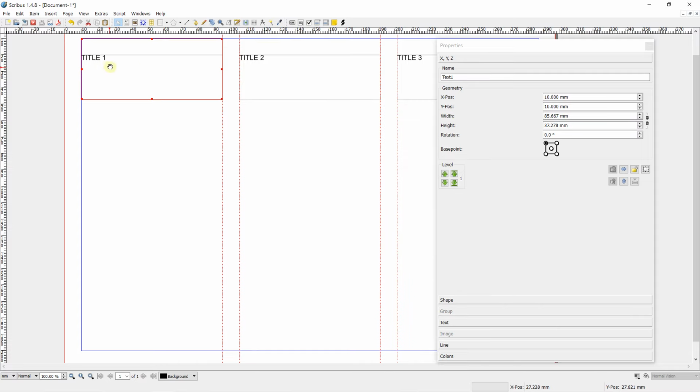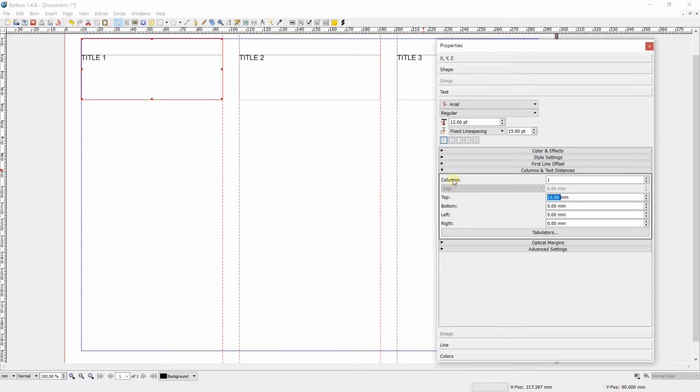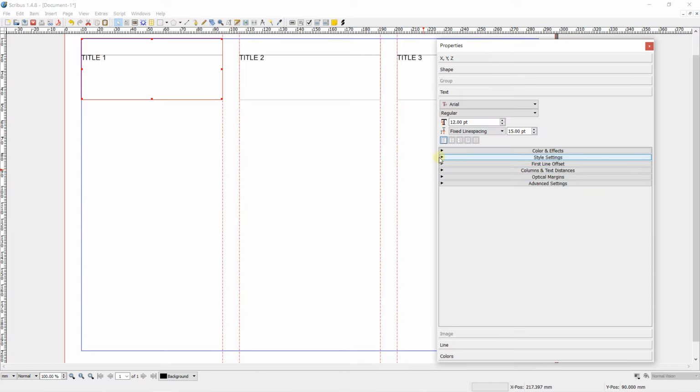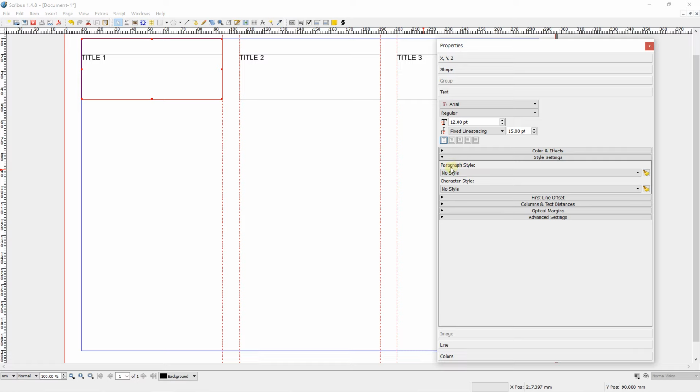Now I can click on this first element with title 1, go on the text options, and if you activate style settings in paragraphs in character style, you can find now title, and I can click here and apply my style. The only thing is because it is a character style, it was not possible to center directly. You can do this on paragraph style but not on character style.